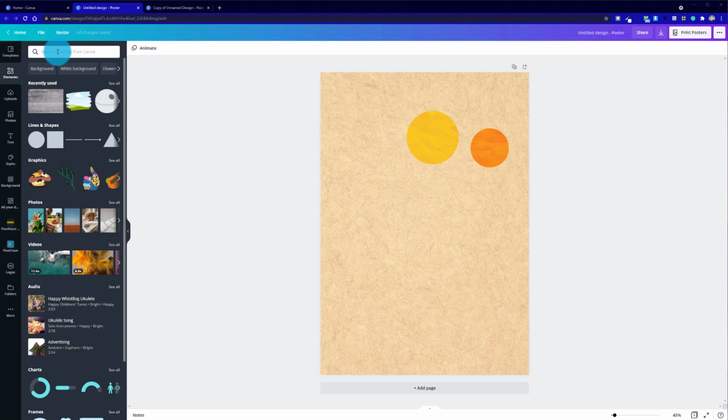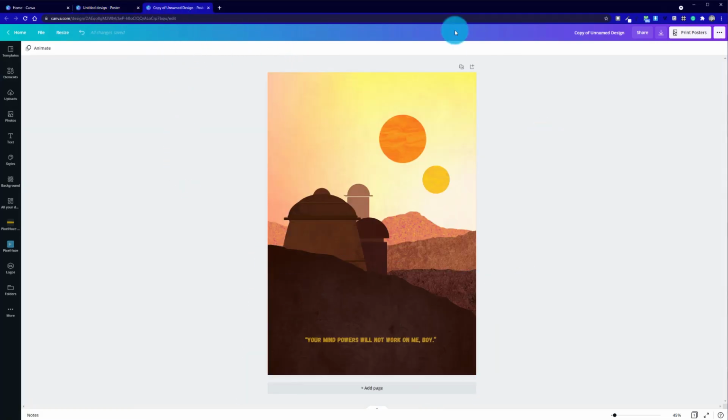Okay, so we're going to pick up where we left off last time. We've got our background texture that still needs a bit of work, and we've got our binary suns, which has got a nice texture to contrast the background. However, we're still a long way from completion, so I've taken the liberty of creating a finalized version of what